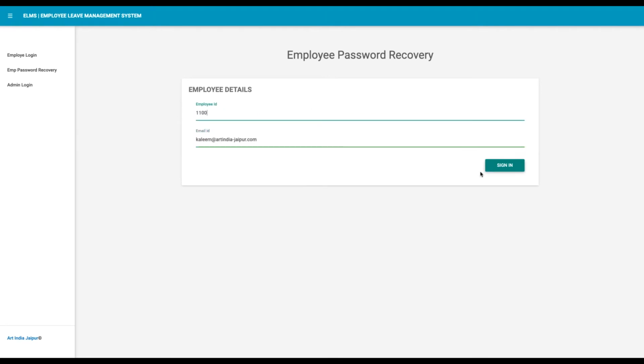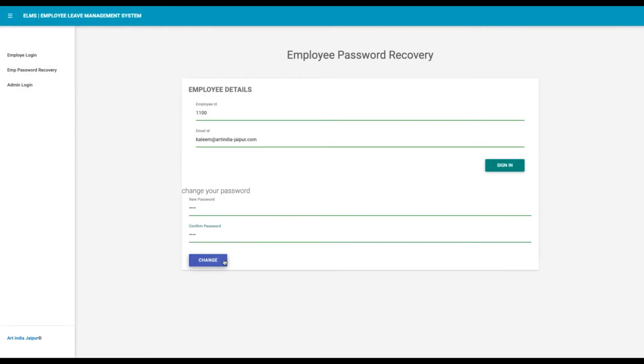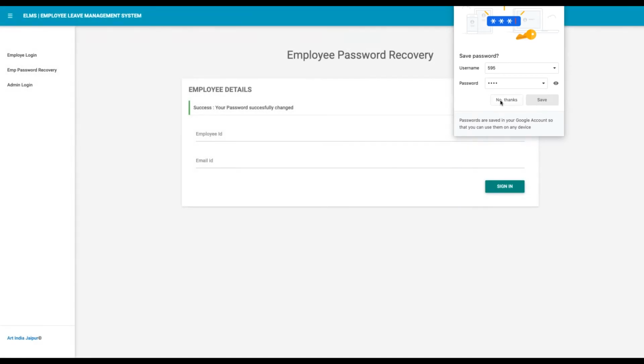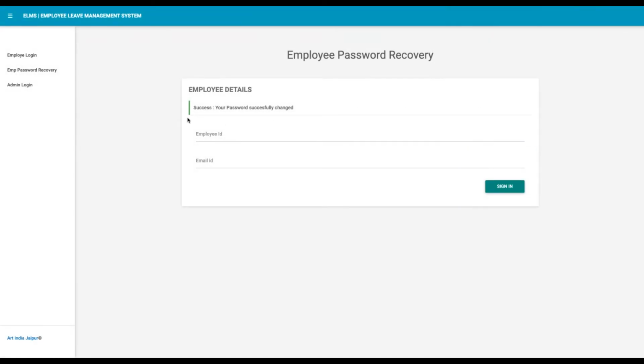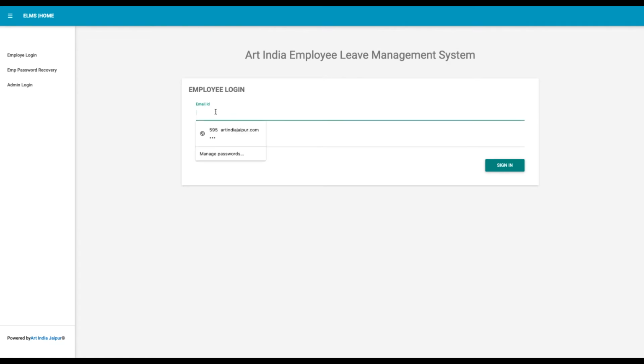Then again, you will put the employee ID, email ID and your new password, which needs to be set by you. Once the password has been successfully changed, you need to click on Employee Login, and you can log in with your email and password.